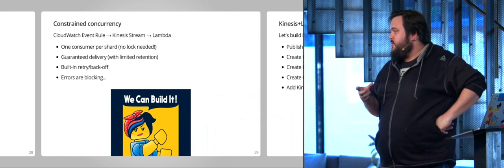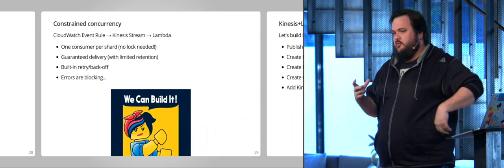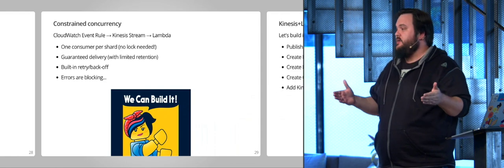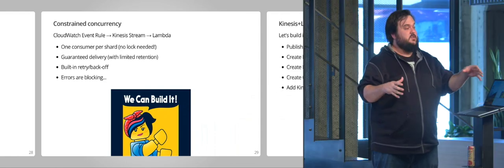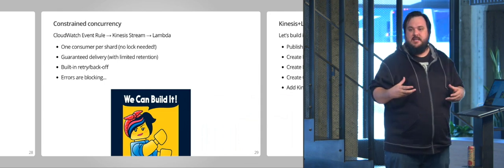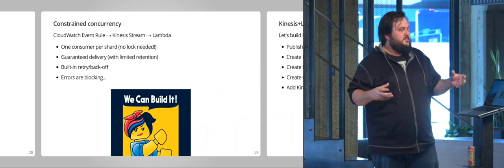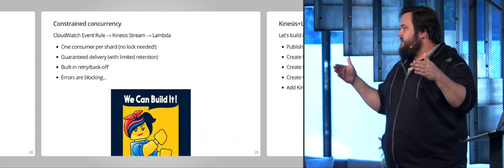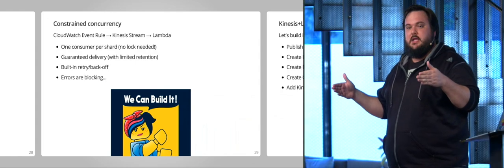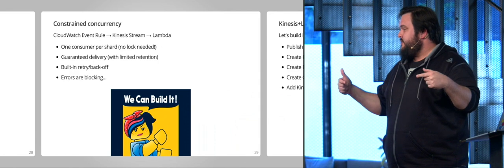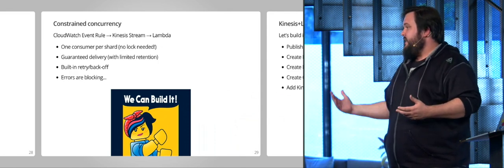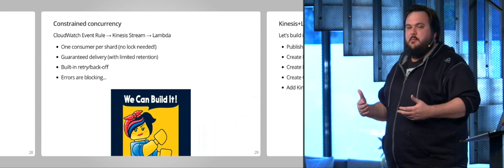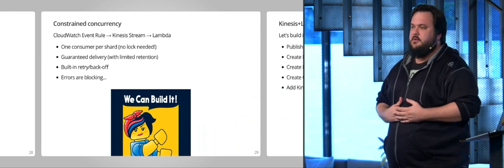Kinesis lets you configure shards when you build it. And basically the rule is that each shard can only have one consumer at a time. And Lambda has built into it the ability to have its own consumer. So it comes as a service to you. You just say, I want Lambda to listen to each shard, and those are completely serialized, right? So they'll only ever process one event at a time in that stream. And we've solved our concurrency problem. If we have one shard, we'll only ever have one Lambda firing at a time, and we can have two or three, however many we like to keep our